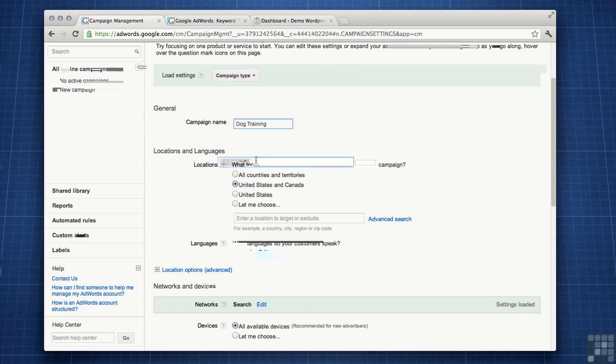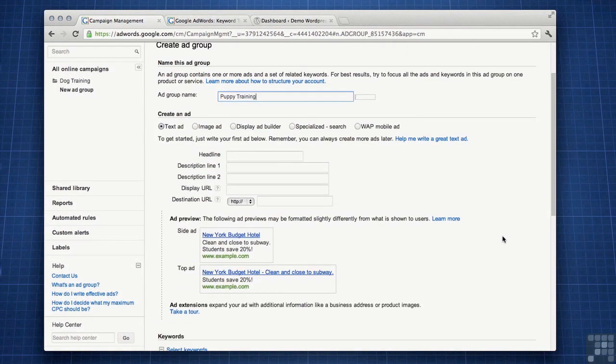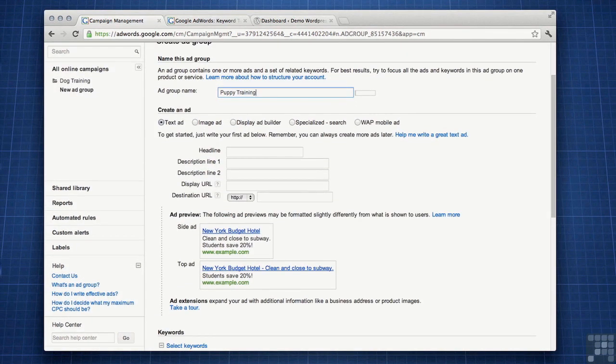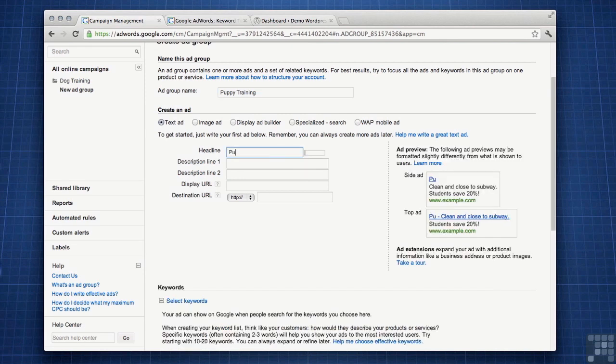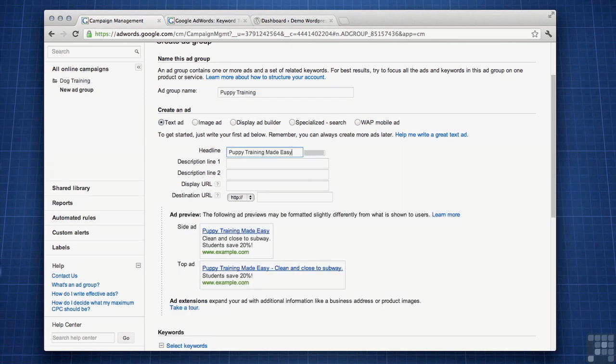Puppy training. And we'll use this ad group to create ads specifically around training a puppy. Now, if we scroll down, it has an example ad preview there, and it has the fields to enter all the different information. So let's just create a sample ad here. Puppy training made easy. So that'll be our headline. And in the description line, let's type in